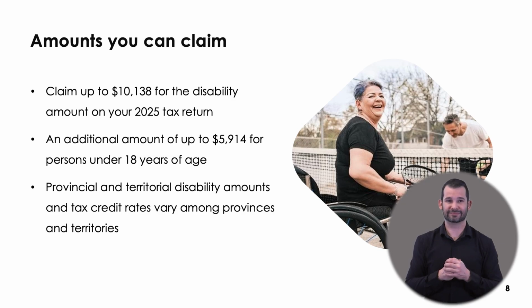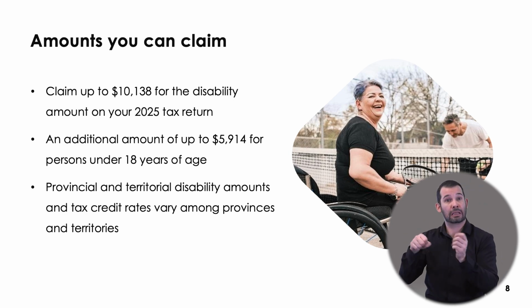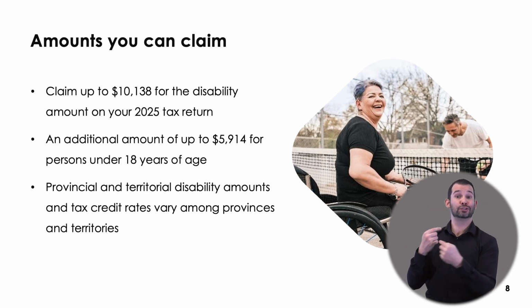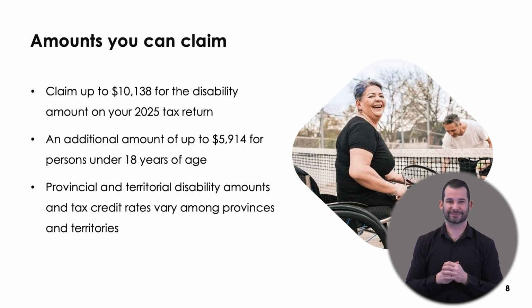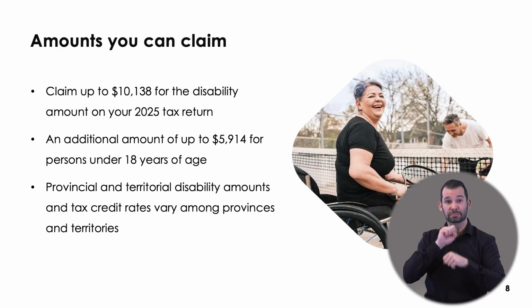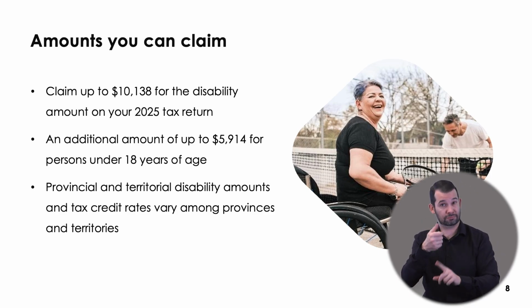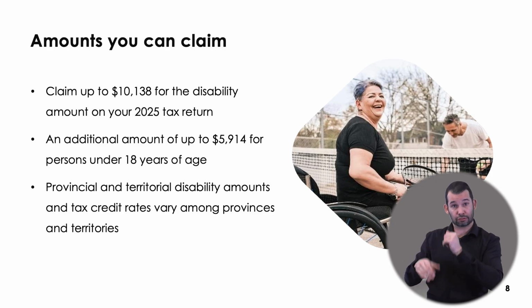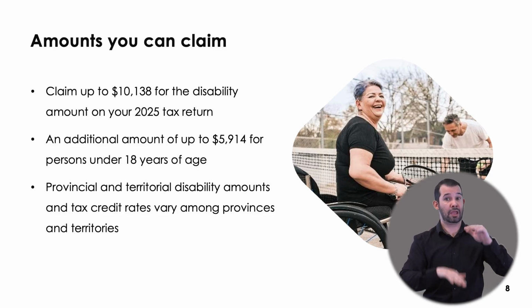If you're eligible for the DTC and are 18 or older, the disability amount you can claim on your 2025 tax return is $10,138. If you're eligible for the DTC and were under 18 years of age at the end of the year, or if you are the parent of a child who is under 18 and is eligible for the DTC, you can claim the supplement up to an additional